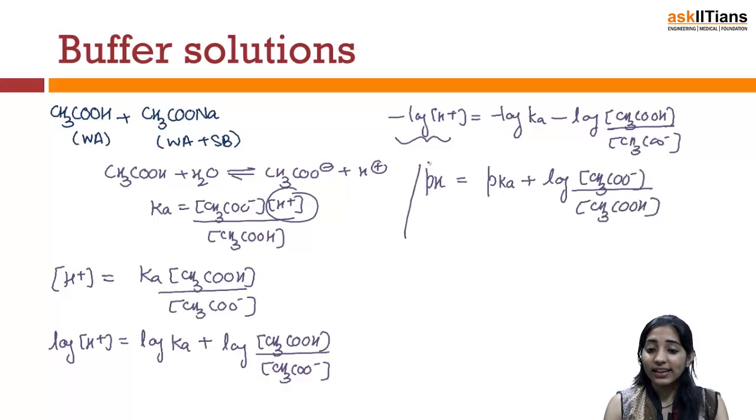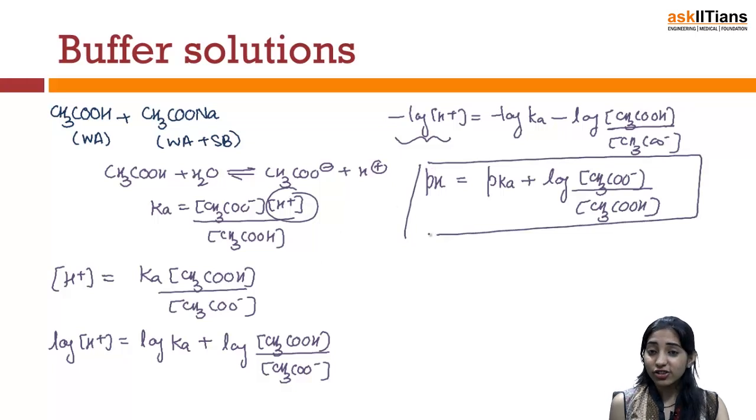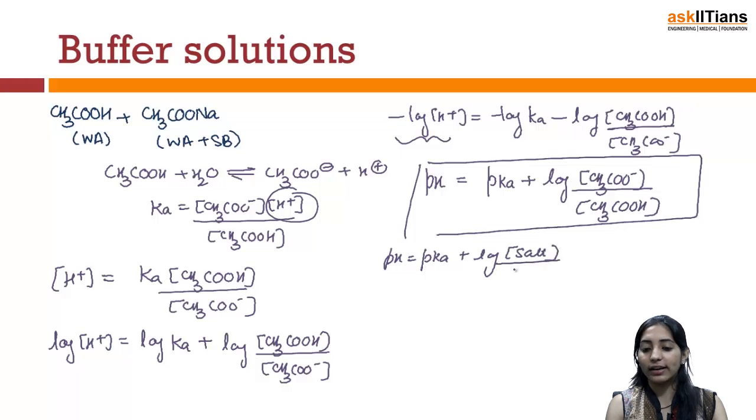So this is the final equation which we have derived for such a kind of buffer, which is known as an acidic buffer, because the buffer is made up of a weak acid and its corresponding salt with a strong base. So I can say the pH will be pKa plus log of the concentration of salt divided by the concentration of acid. This is another important formula which is very useful in examinations, because in exams many times you will simply be given that there is a buffer solution which is an acidic buffer, and you will be asked to find the pH of the solution.